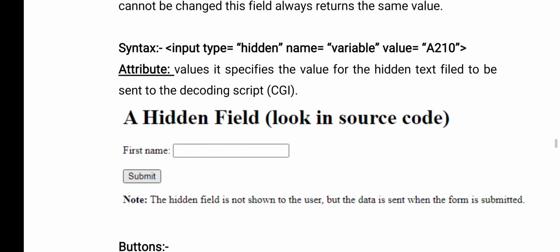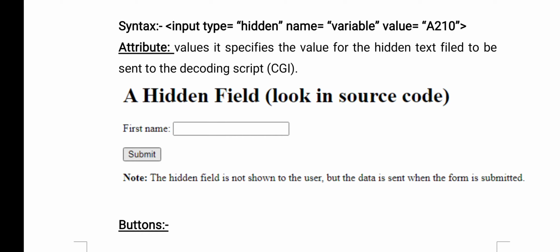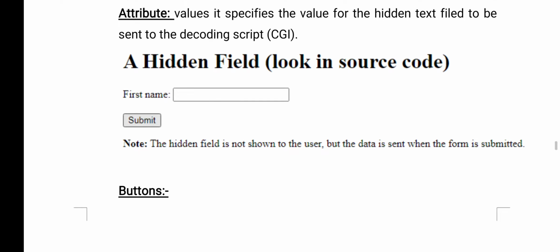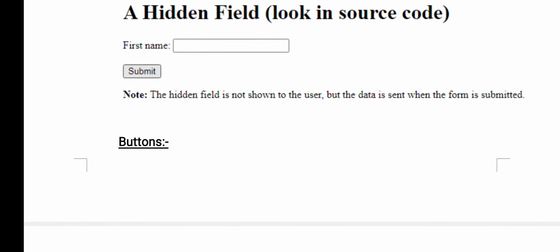So here you can see input type equals hidden, name equals variable, and value equals A210. The hidden field is not shown to the user, but the data is sent when the form is submitted.